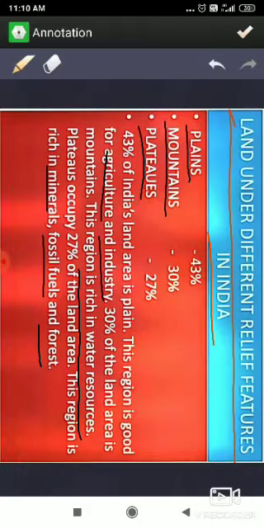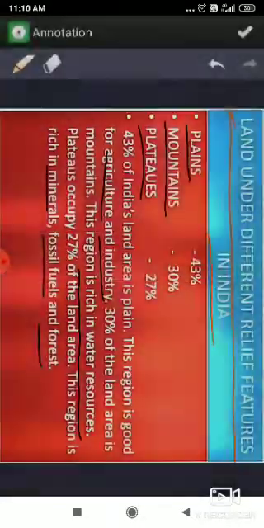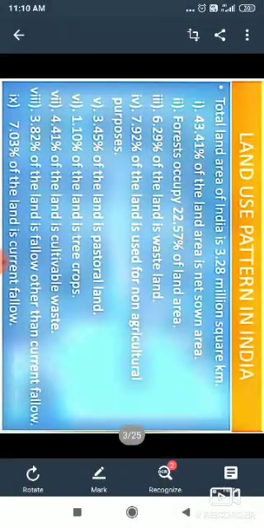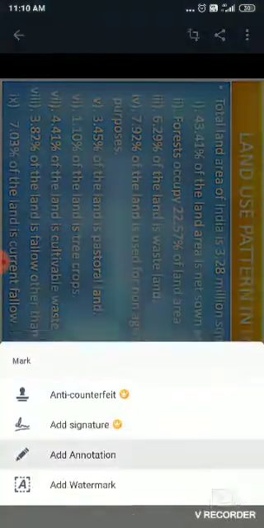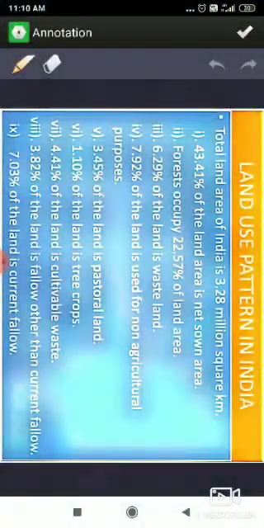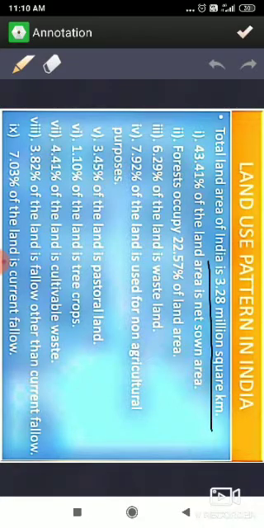So I hope you have understood the different land under different use. The next point we are going to discuss is land use pattern in India. Means what is the land use pattern of India? As you know, the total land area of India is 3.28 million square kilometer. Out of this,